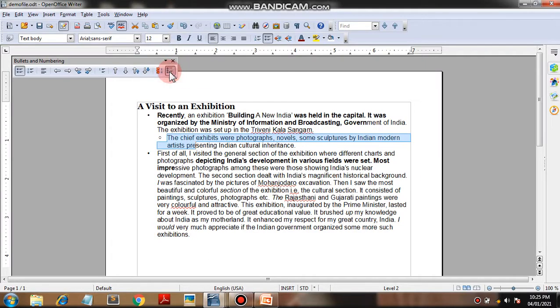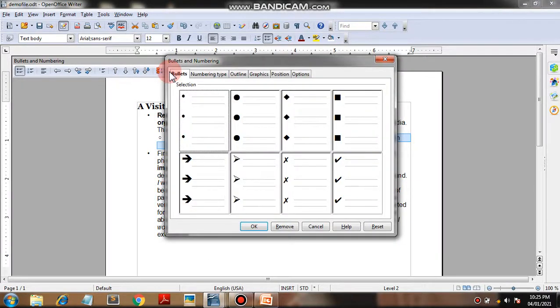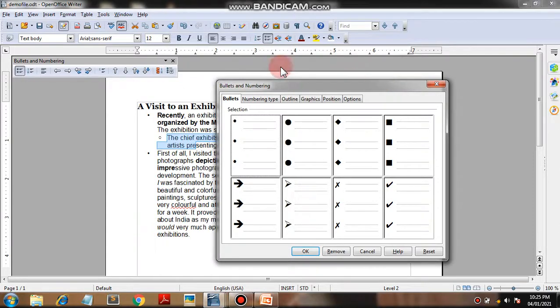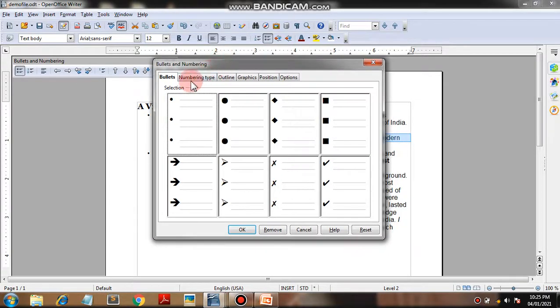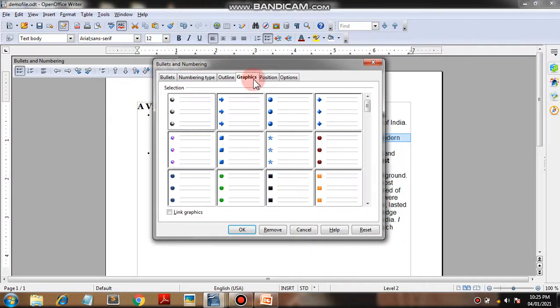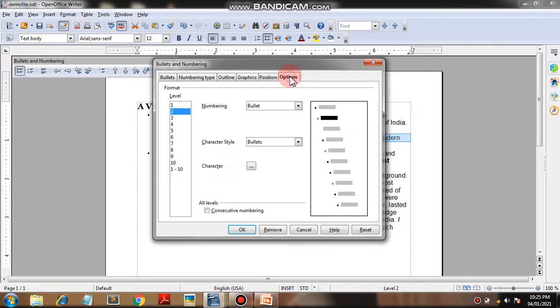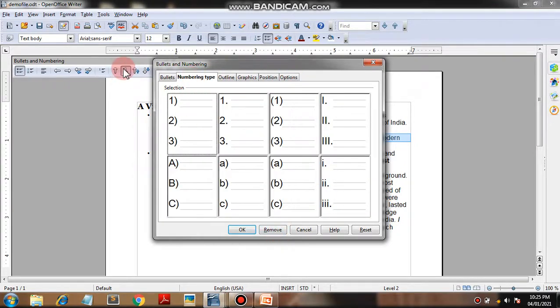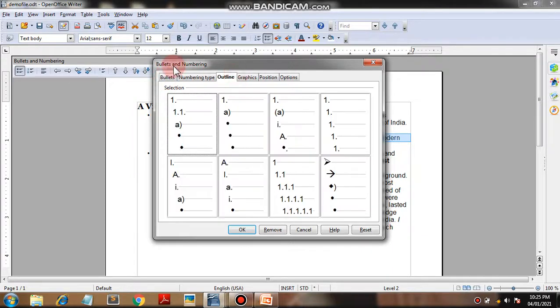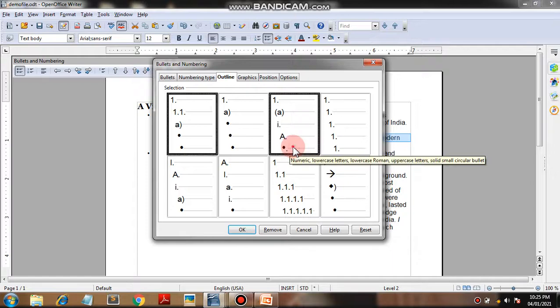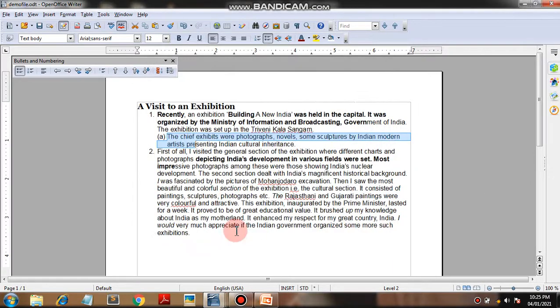Now see, bullets and numbering, when you click on that icon, that type of window is available here. Numbering type, outline, graphics, position and various options are available here. Suppose click any icon, suppose here, then okay.